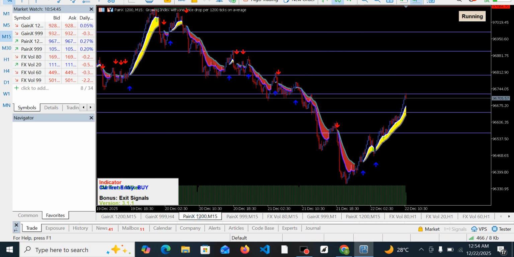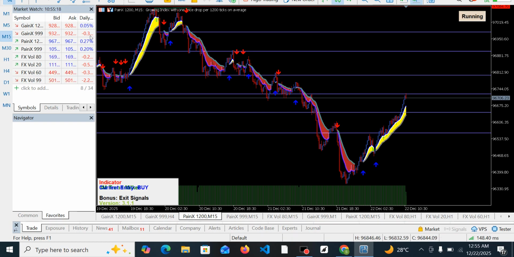Now let's see. This is Paynex 1200. Even if you don't have any assets to trade, I think this is one of the assets that is giving us a clear picture of what the market is giving to us. Right from here, I remember we milked this particular asset right from this resistance zone to this very end, broke out from here also to get to this region. But right now, it has switched the trend from a downtrend into an uptrend.